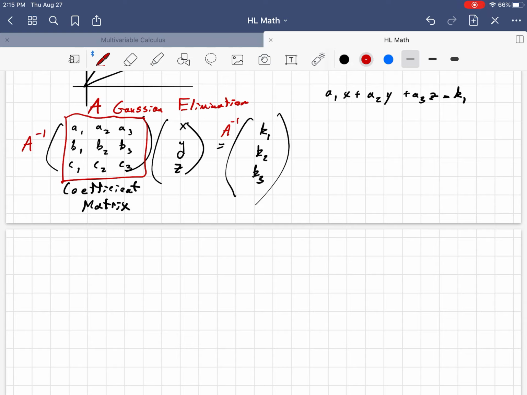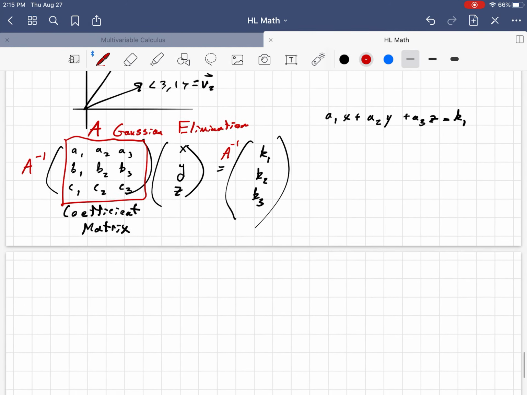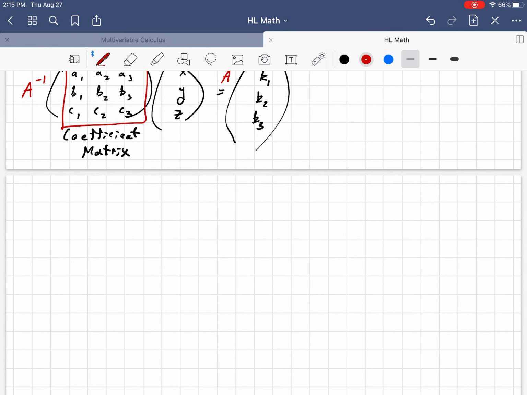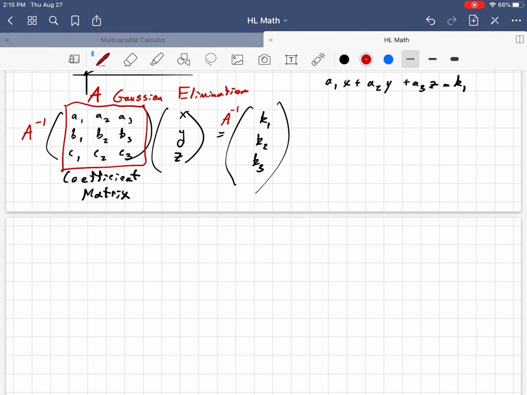Since we can do that, we know that A is invertible, in essence because the system has a solution. And since the system has a solution, A has to be invertible in order to use Gaussian elimination. And we know we can use Gaussian elimination because we have a solution. So since we know we have an inverse, after we multiply by A inverse on both sides, we'd get A inverse times A, which would just be the identity matrix I, times this whole thing,